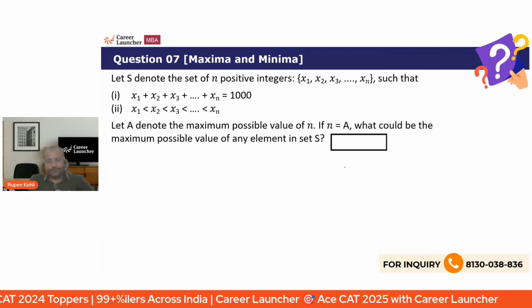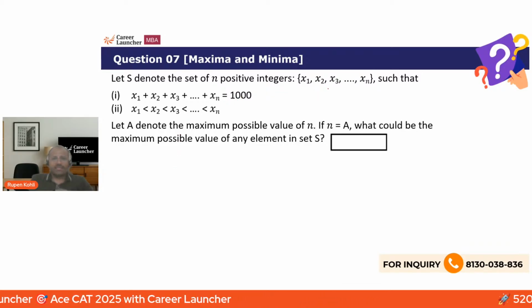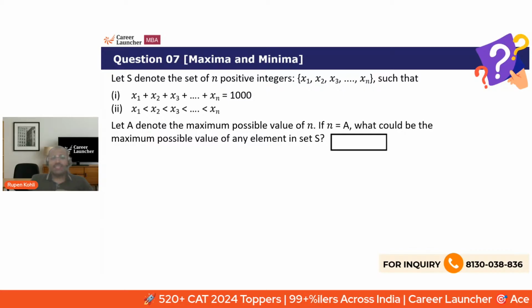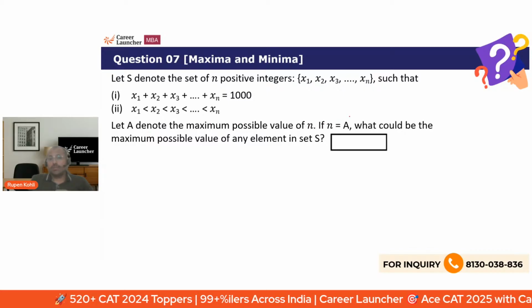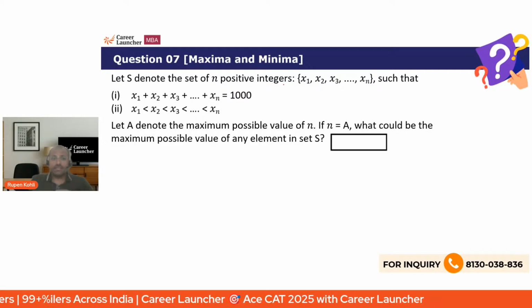Okay. So do let me know if you're getting this. Now, what this question is all about. There's some group of numbers which add up to 1,000. How many of them are there? We don't know. The question says maximize the number of such numbers whose sum is 1,000, given that they are positive integers, right?